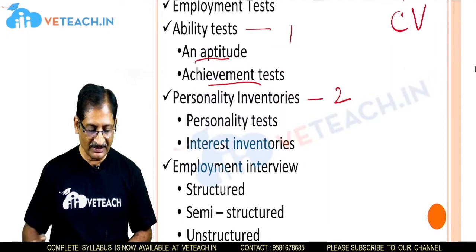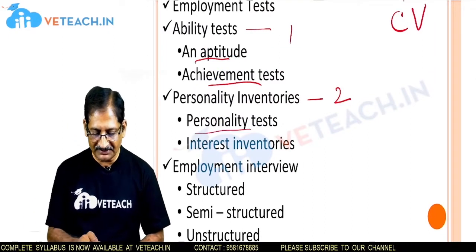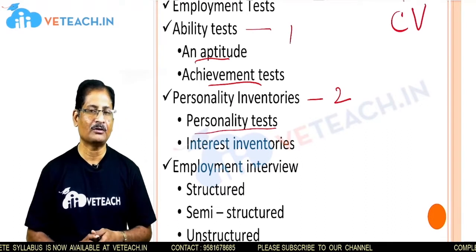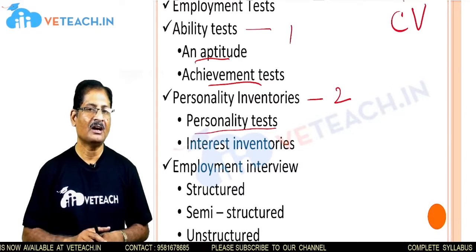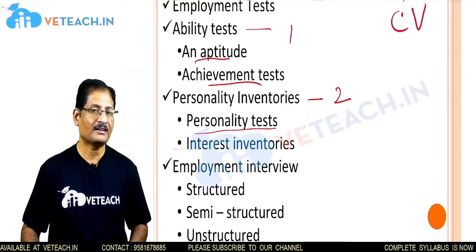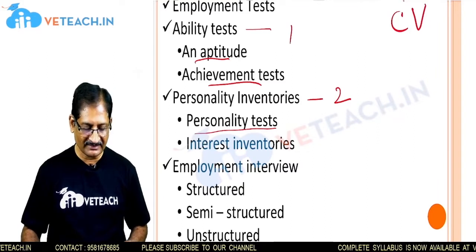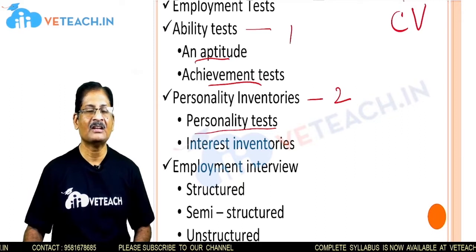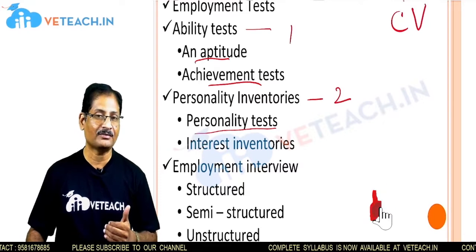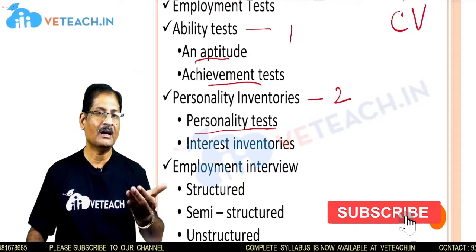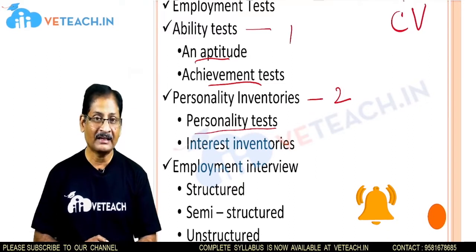In addition to this, we have the personality inventories, related to the personality test. The personality test is with respect to physical characteristics like the height, the weight, the vision, or any other physical fitness requirements that are needed. Those things will be identified through the physical test. And interest inventories mean the hobbies, the inherent skills, or the best potential abilities of the individual in areas other than the job. Those things will be identified through the interest inventories.